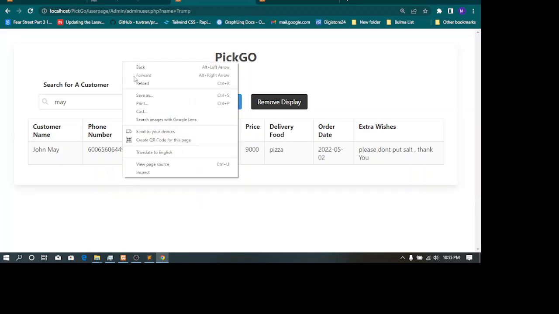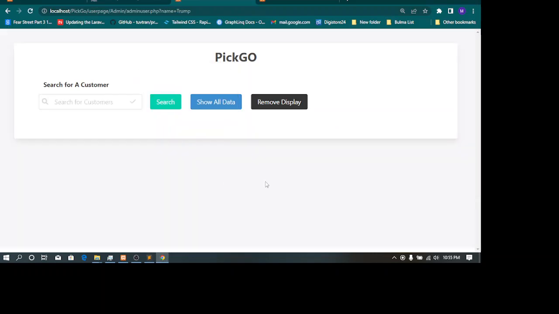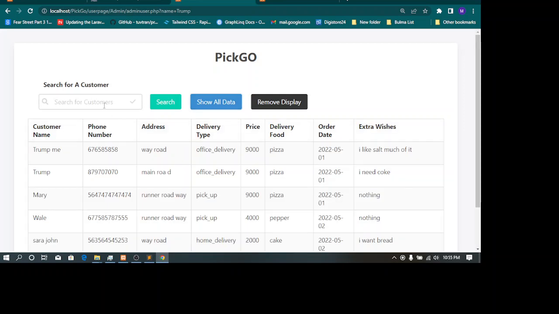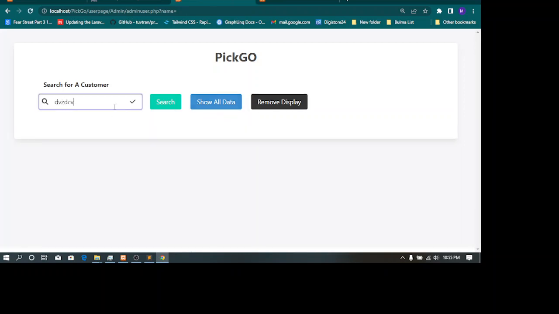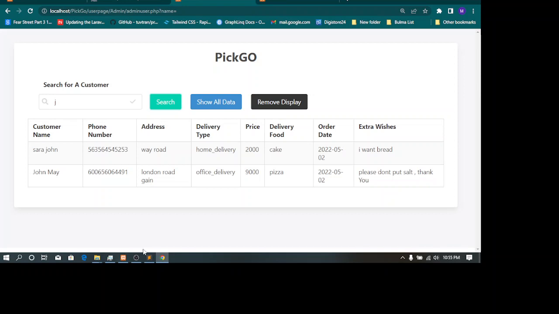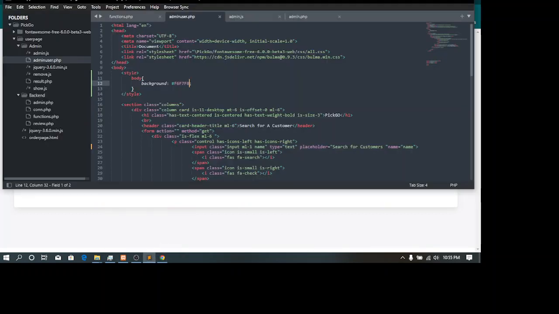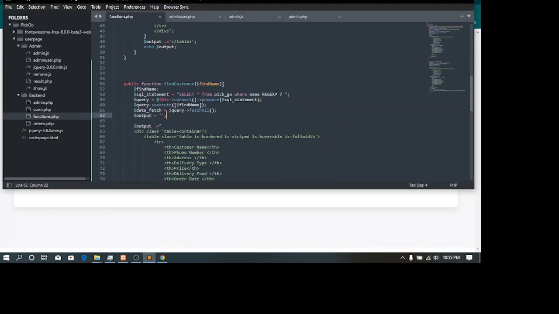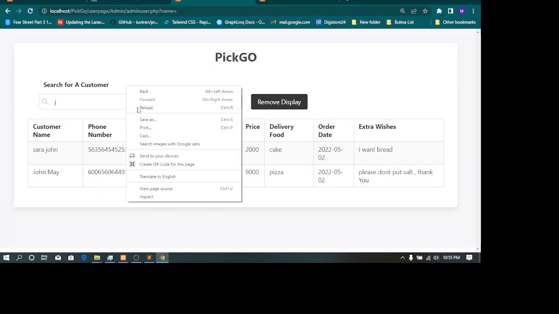So I think we could just say that as a background color. Okay, I think it's okay that way. Remove display. Customer does not exist. Type in J. Brings things like that there. So I recommend using this one instead of LIKE. This one functions better than LIKE. This is the one you guys should be using.